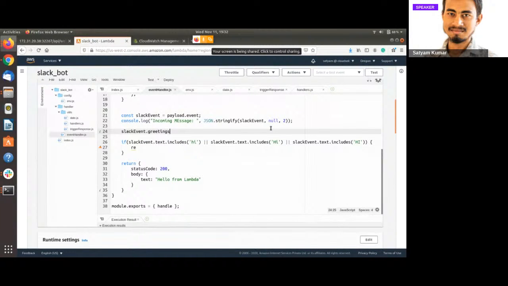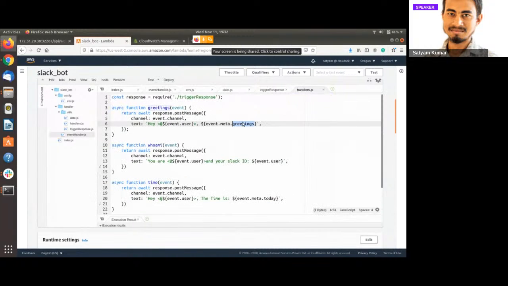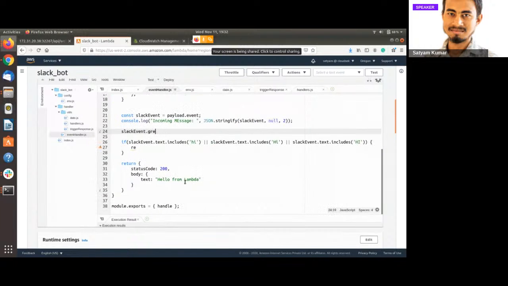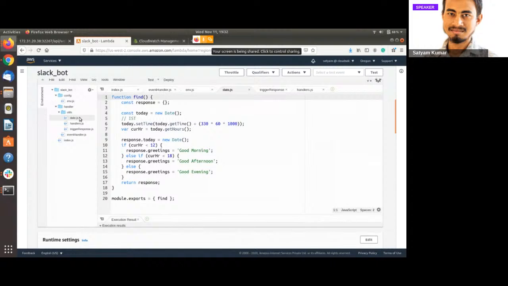So we are using meta.greetings, okay. So it is not greetings. We have a special function created for this purpose itself. We have a function to find the date, and it will find what exactly the current time is, and it will accordingly send good morning, good afternoon, or whatever message is required.